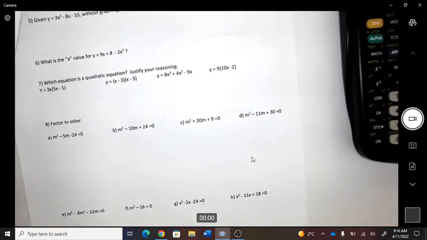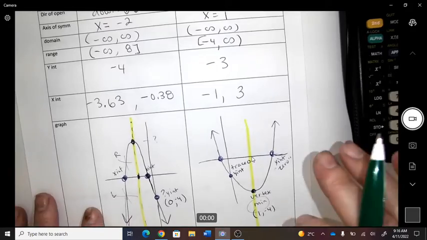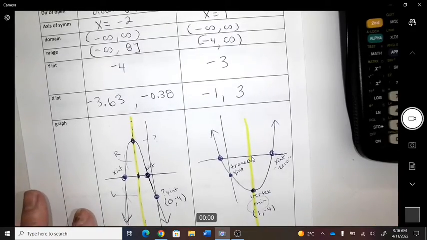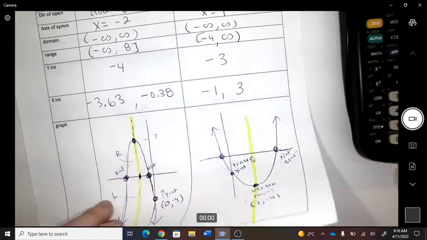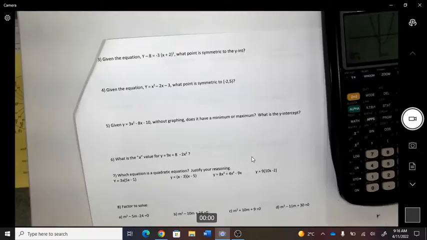Okay, when we graph, I can give you this after, to take a picture of my paper. Or I can just give you my paper too. Okay,